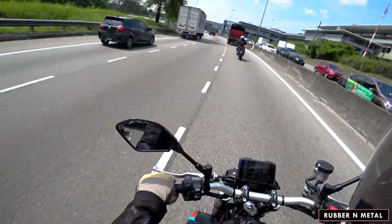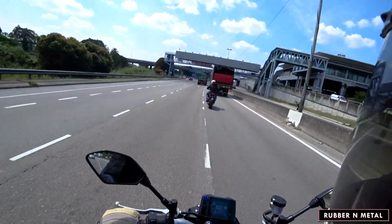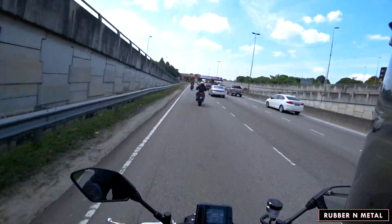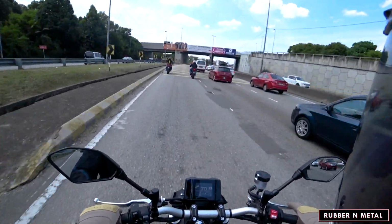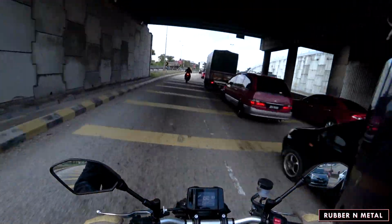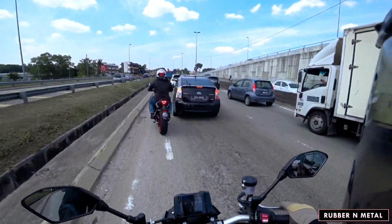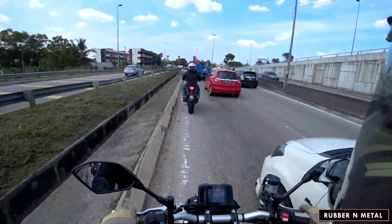To me, that is a lot of money to increase the bike, where in America they've only increased the price by $400 US, which is not much compared to in Malaysia by around 7,000 ringgit, which is close to $2,000. To me, that is a lot of money to ask for compared to the previous model, but it also gives a lot back. Gives 50 more cc's, Euro 5 compliant, this soundtrack which is apparently improved compared to the past models, a suite of electronics, lightweight, better wheels,